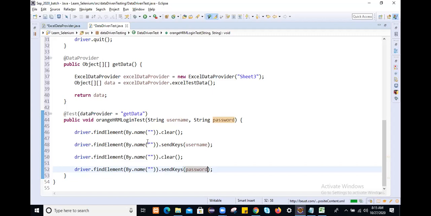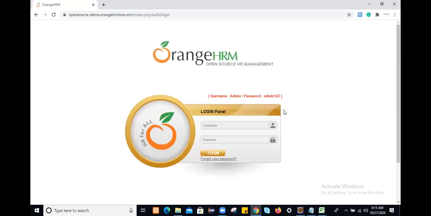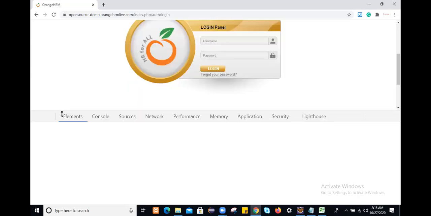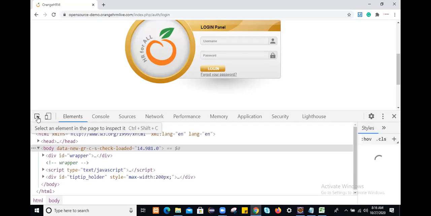And then let's see. Go to the application. This is the application, and we'll find the web element. So on this application, I will press F12 to get the inspector on the web element. Click on this inspector. Once you click on this inspector, you can inspect the web element.